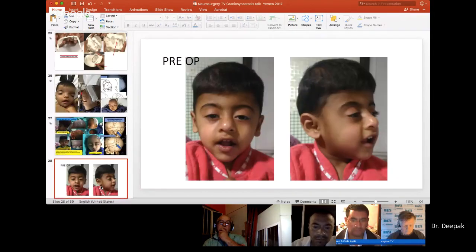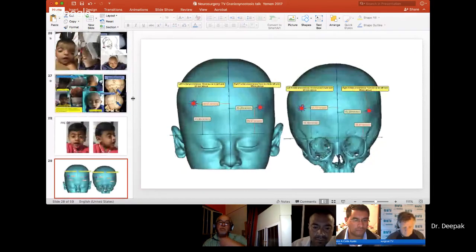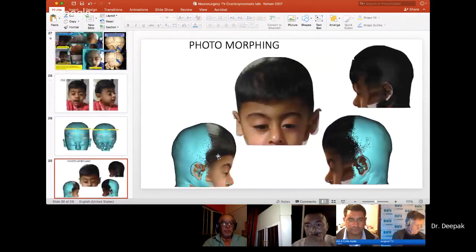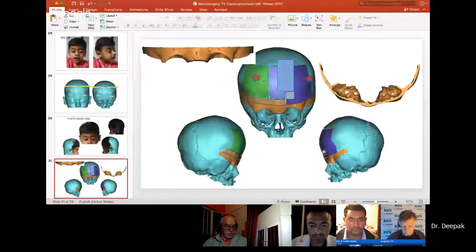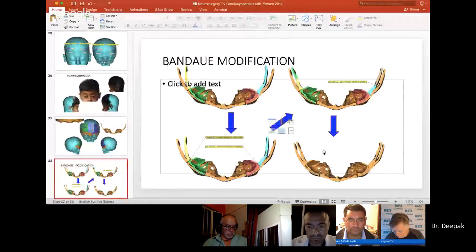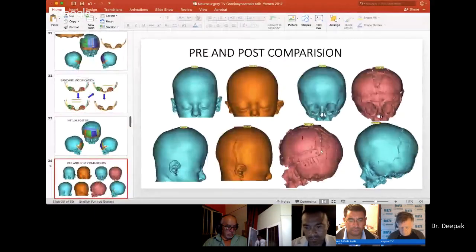This is another child, and you can see I do the planning, I do marking of my cuts, where exactly the frontal eminence I want before the surgery, by doing my photometry and Photoshop before the surgery, and I decide what shape I'm going to give to my child at the end of the surgery. So I superimpose the patient's clinical image and the soft tissue image, and I do photomorphing, and I do my photo cuts planning before the surgery. What are the level of cuts in the frontoorbital bandeau I have to give to get the right shape.